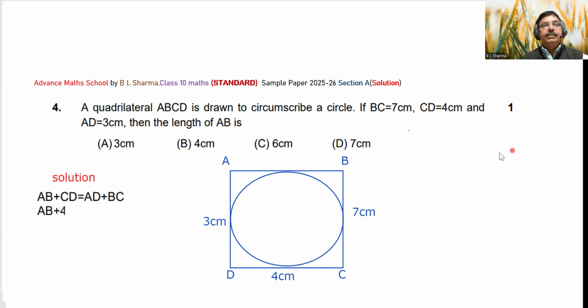So AB plus CD is 4 centimeter is equal to AD is 3 centimeter, BC is 7 centimeter. So the required side will be 6 centimeter. So 6 centimeter is the correct option।